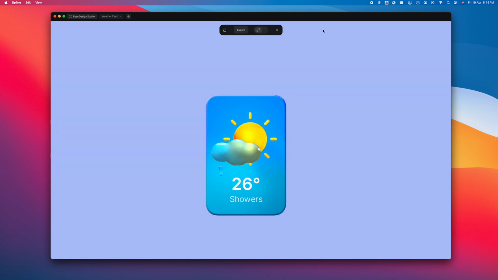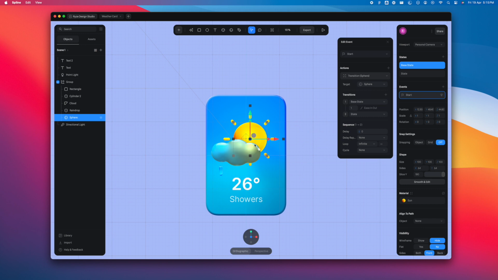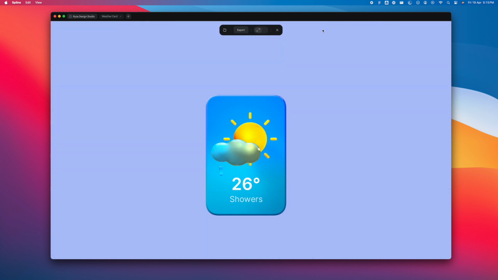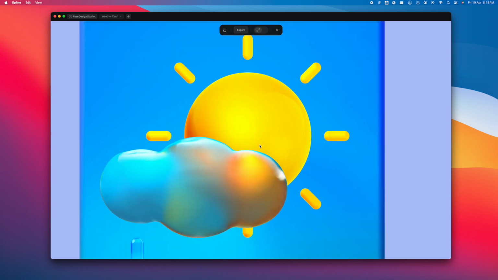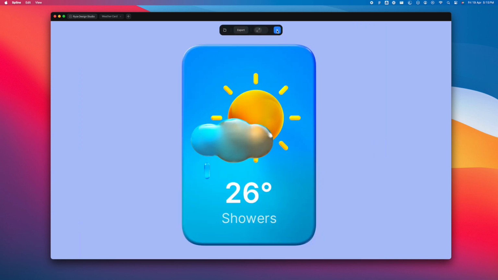It's moving a little too fast, so we'll have to make it slightly slower. So we'll change this number here from 1 to 4 maybe. And now if you see, it looks so much better. So yeah, let's just go back.